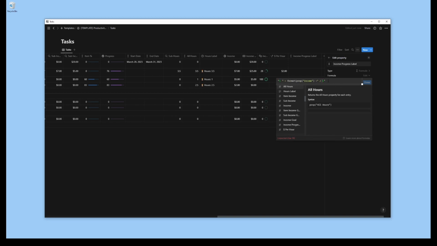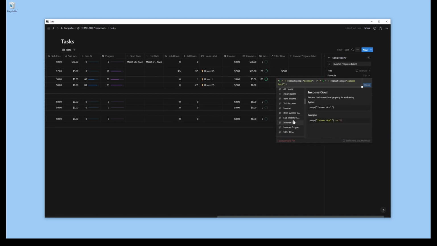But for this, I do an if statement. If there is a goal, I want to display the income out of the goal amount. Otherwise, I just include the income. It's just a little bit cleaner that way. And then the very last thing I added to the task database is an optional thing for people who want to track values related to their tasks,